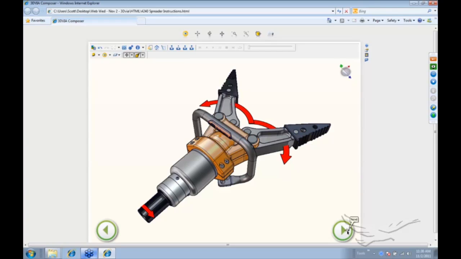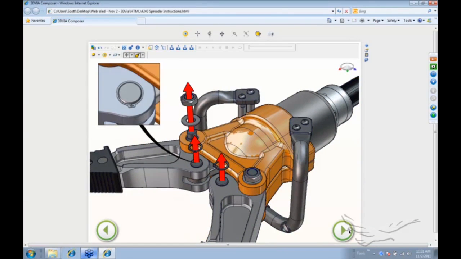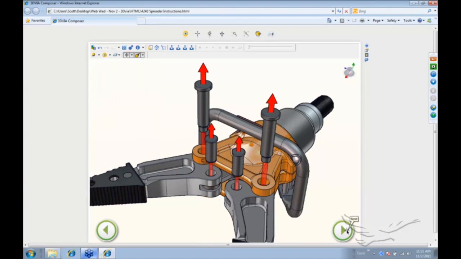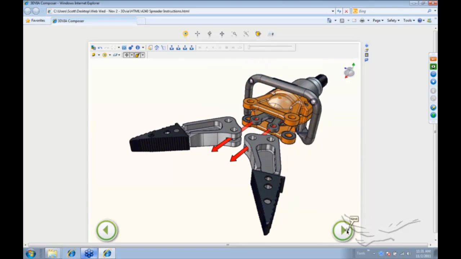You have a bunch of views on the side there, and you want them to go through step 1, step 2, step 3, step 4. It'd be very easy for them to go step 1, 2, 3, accidentally click on step 5 and jump to step 5 and totally skip step 4 and miss something. So using these buttons, I'm forced to go from step to step, and it's going to show all of the steps that I specified because I put these buttons in all of my views, all of my steps. If I excluded these buttons from a certain step, then once I got to that step, I couldn't go forward, I couldn't go backwards,